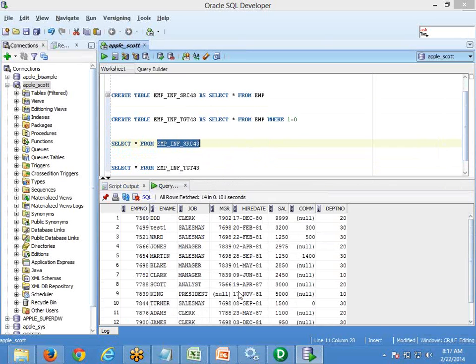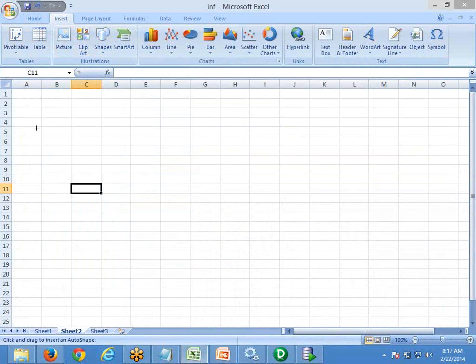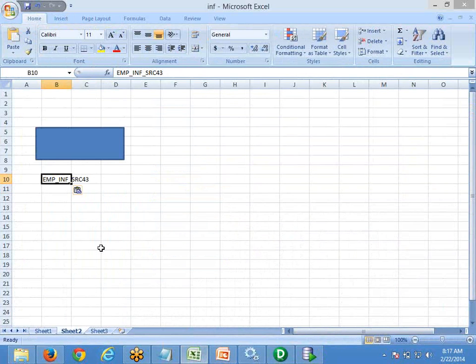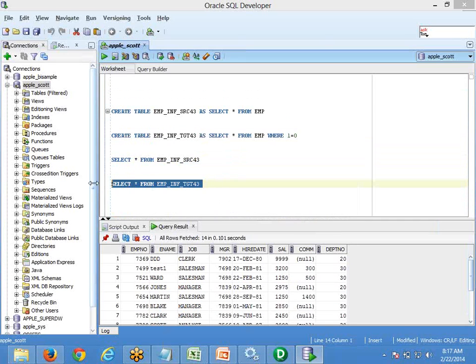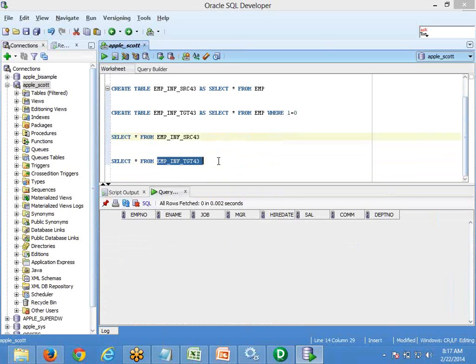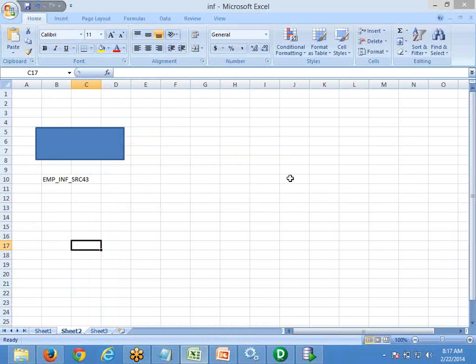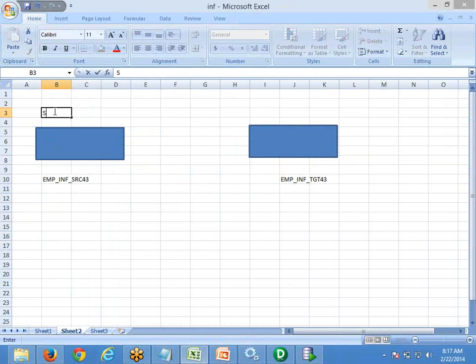Assume that this is one table in your database, and whatever information is there, I want to load into another table, which is now empty.